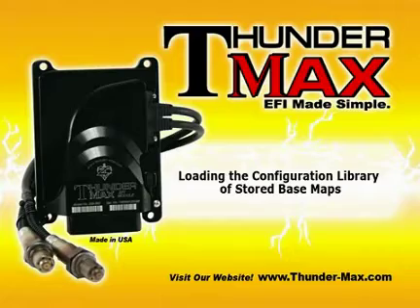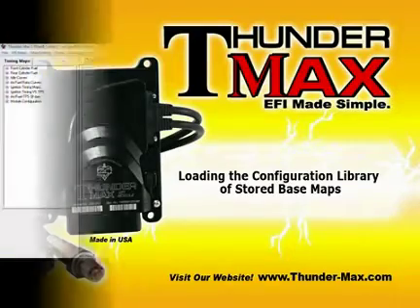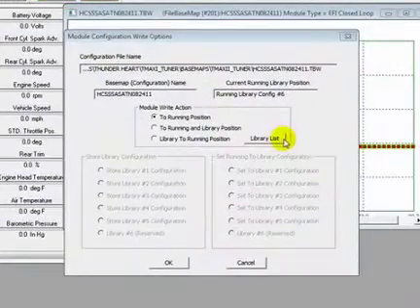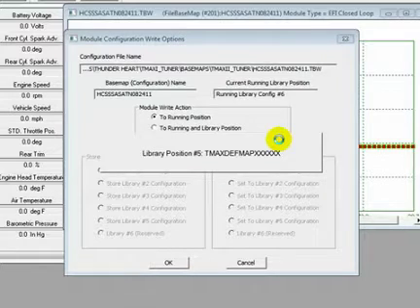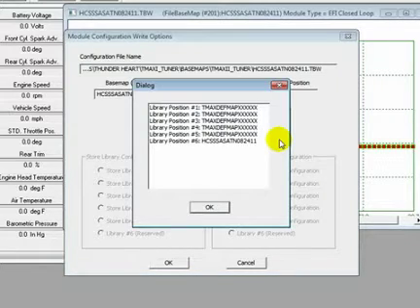Loading the configuration library of stored base maps. The configuration library is the most frequently used feature of the rider programming mode. This library holds up to 5 stored base maps for computer-free map selection. You can select the base maps using the Tmax Tuner software, then change between map selections without a computer at